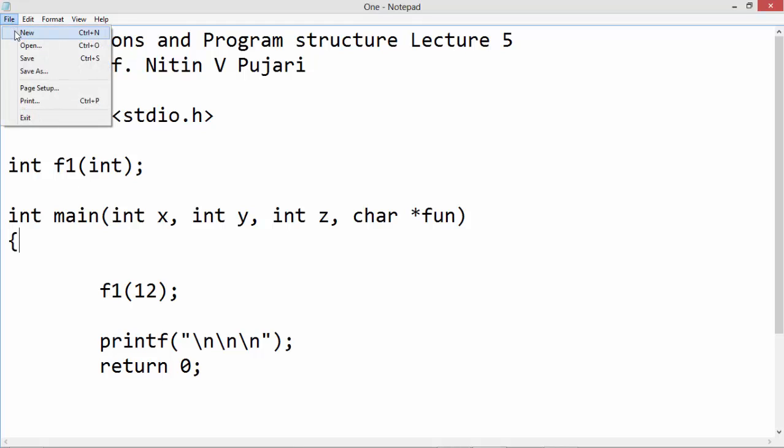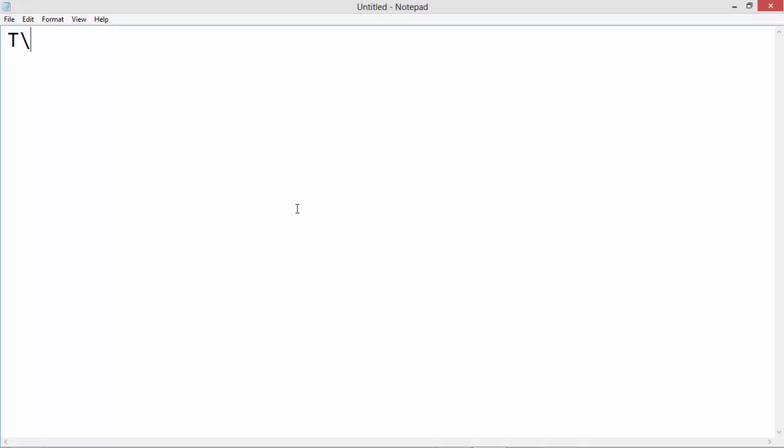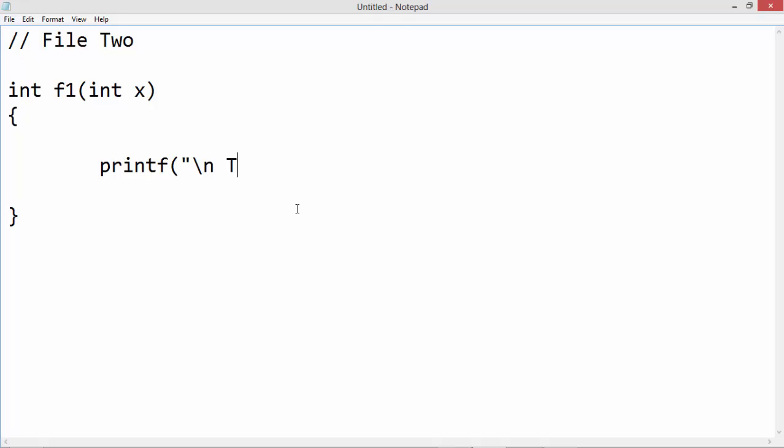So let me declare one more file. I will call it file 2. Here I will define f1 with int x. I will print a statement: this is f1 from file 2,